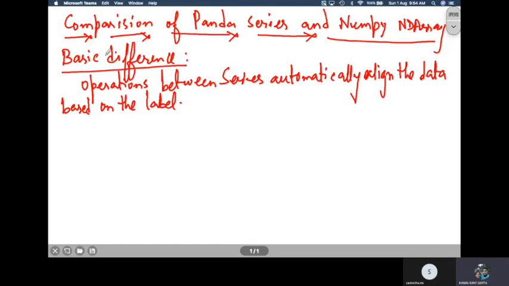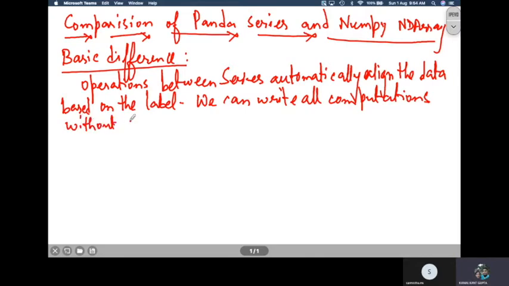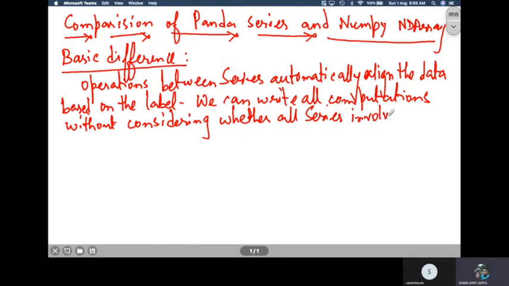So we can write all computations without considering whether all series involved have the same label or not.